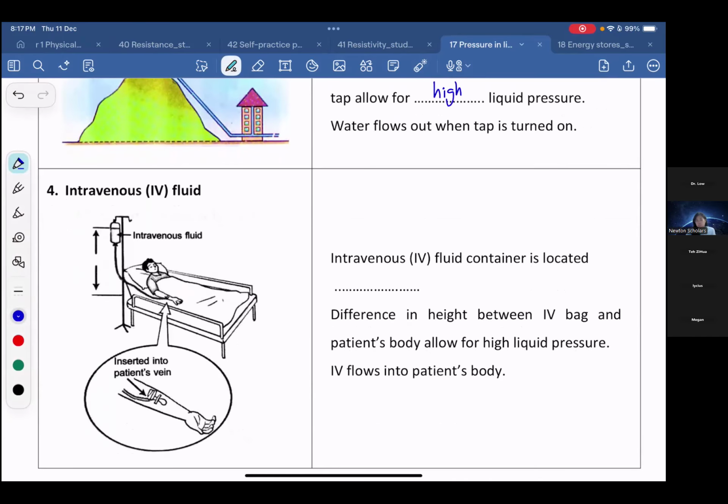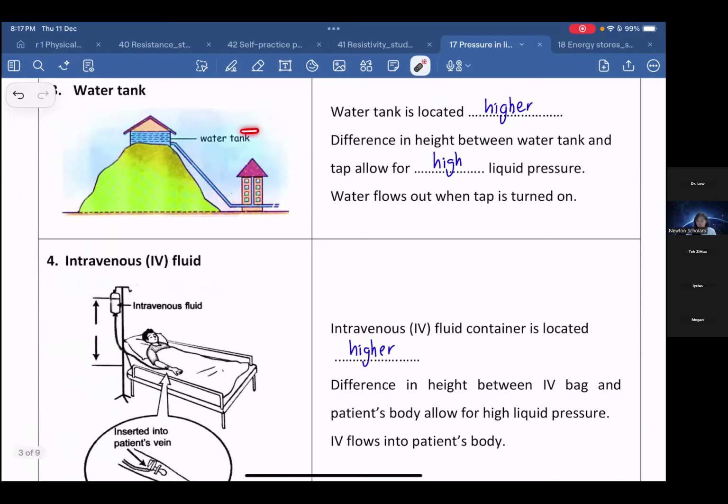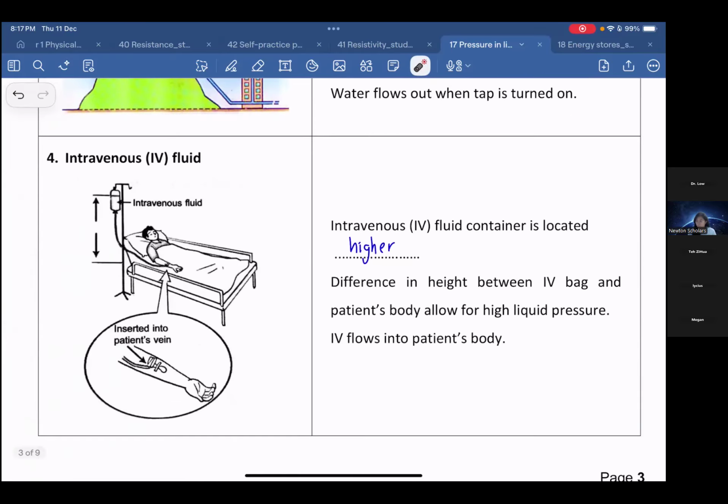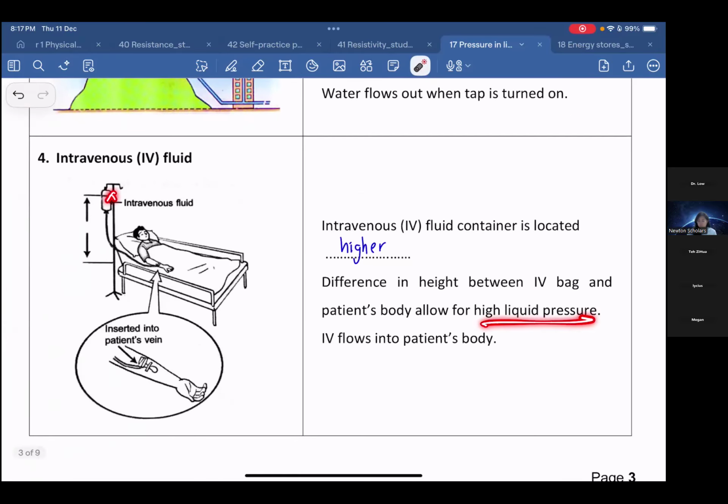The fluid, when you go to the hospital. The fluid going into your body is located at a higher position. So the difference in height is actually the same idea as the water tank. They create the water pressure, a high pressure, that pushes the liquid